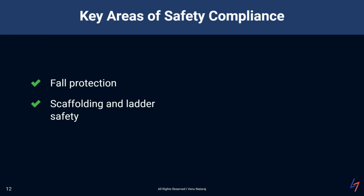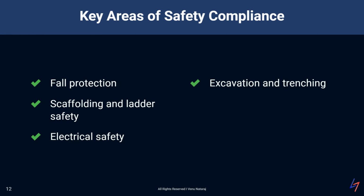good condition. Electrical safety is another crucial area. This includes proper grounding of equipment, use of ground fault circuit interrupters, commonly known as GFCIs, and maintaining safe distances from overhead power lines. Excavation and trenching come with their own set of regulations. This includes requirements for protective systems like shoring or sloping to prevent cave-ins, as well as daily inspection by a